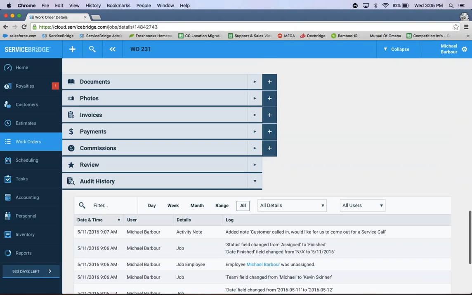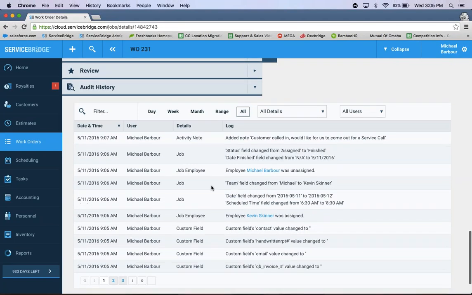With these audit logs, essentially what we're showcasing is your team's changes that have been made to the work order, estimate, or project. That means any change, whether they reassigned it to a new technician, changed the price of a product or service, or put a custom field entry in, whatever it may be, we're going to showcase the day and time of that change and who the user was.